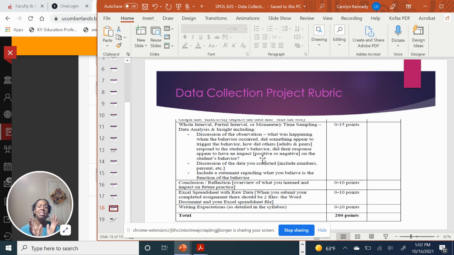So again, like I said, this is a major assignment, 200 points out of our total points for our course. And it's the crux of everything else. So our signature assignment is on our FBA and behavior intervention plan. Well, in the real world, you would have had to have done this before you could do that FBA. For our FBA, of course, that I'll explain in the video, we're doing a pseudo one. So it's kind of